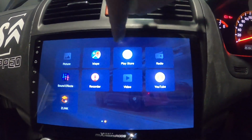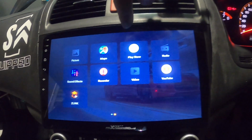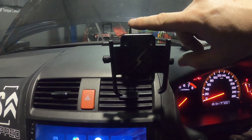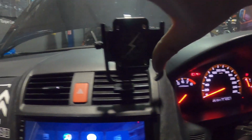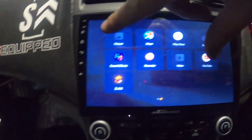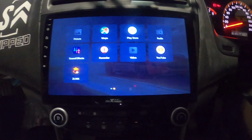This is the thing that we were looking for. John tells me that hopefully, fingers crossed, we can download the Draggy app and run everything we want to on here. And that will mean that we can get rid of this guy because this is where the phone goes and we watch our race times. But if we can get it on there, that's going to be excellent. None of the radio or sound stuff is connected, or the voice recorder, none of that's been connected because